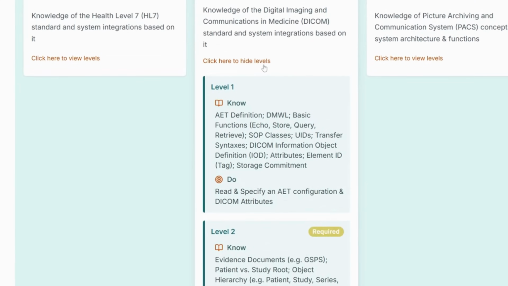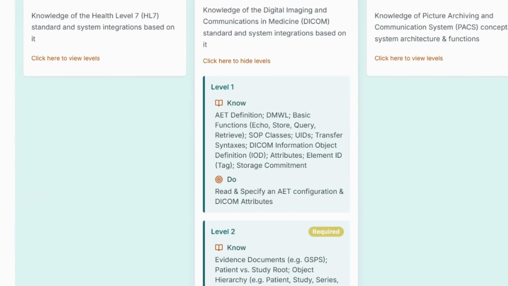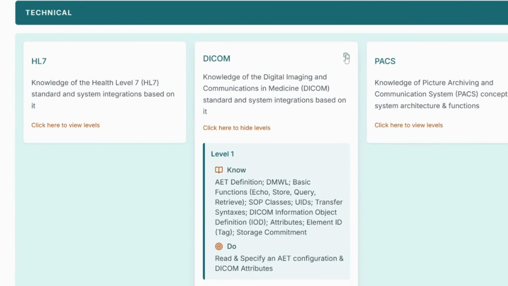If you wanted to copy specific content out of those areas, so for example, in say DICOM, the FSIIM is expected to know level 1 and level 2, then you could come in here and you can actually copy this content, the domain content, and then paste that into, as I'll show later, generative AI, or just for your own basic notes or into a job description template that you're going to then edit. So it makes it nice and easy.